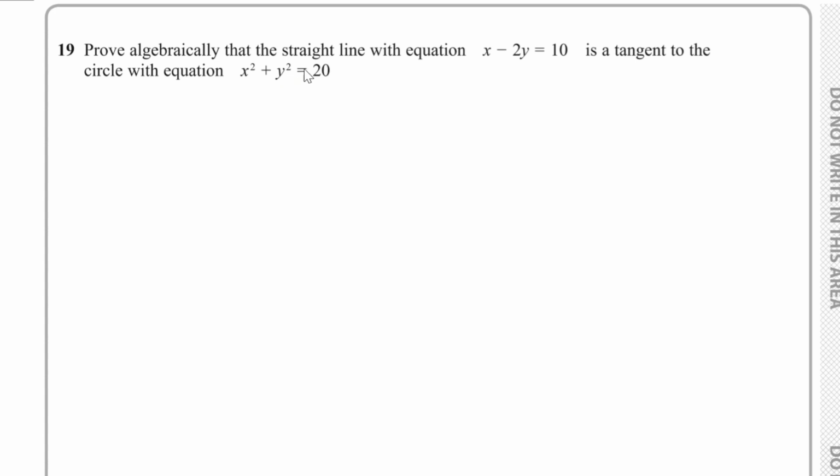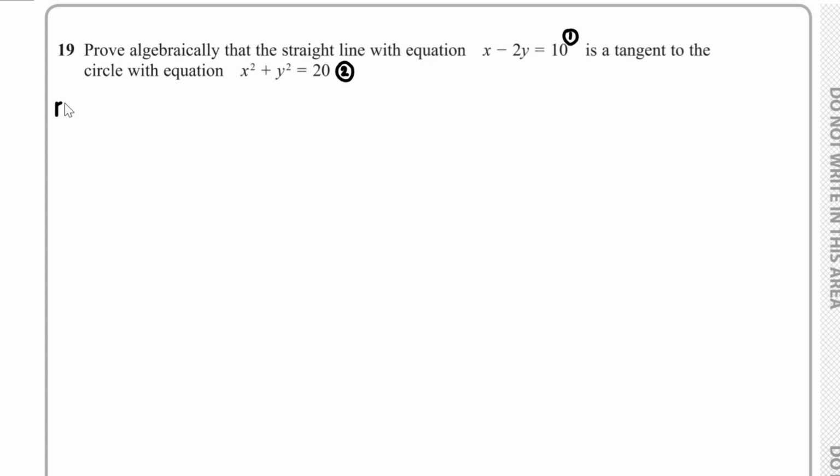To show that a line is a tangent to the circle, the line must intersect the circle exactly once. So if we call this first equation, equation 1, and this second equation, equation 2, then we know here